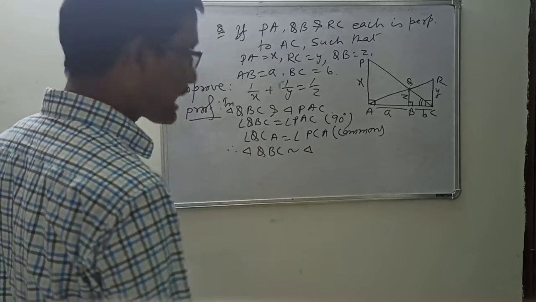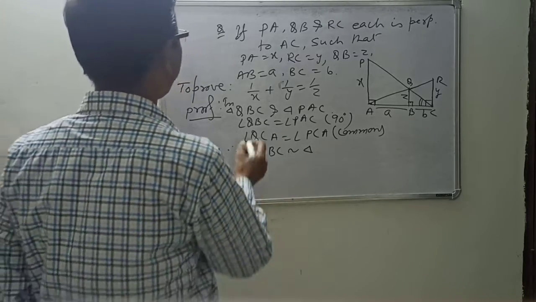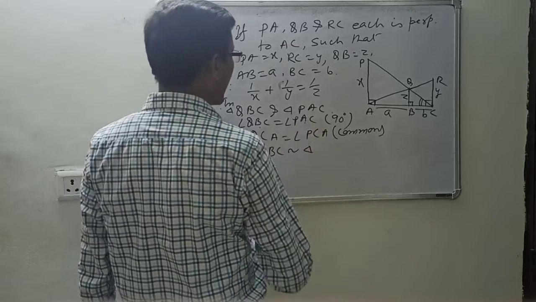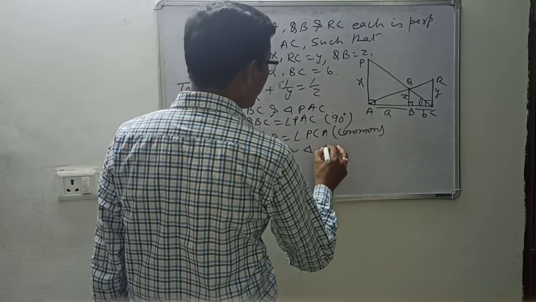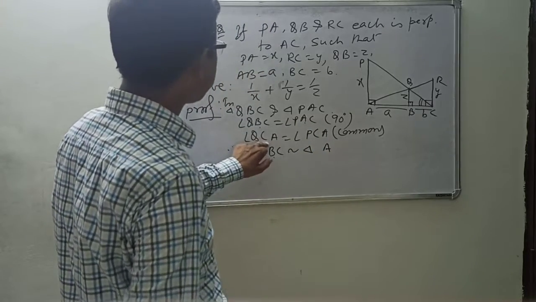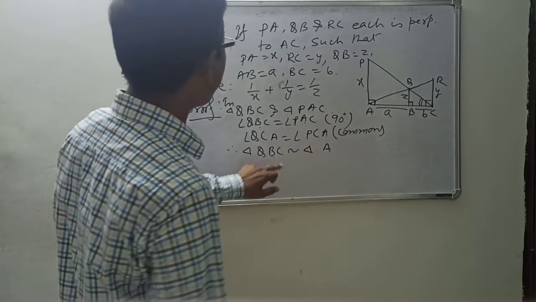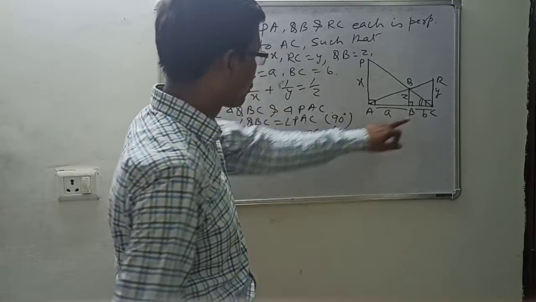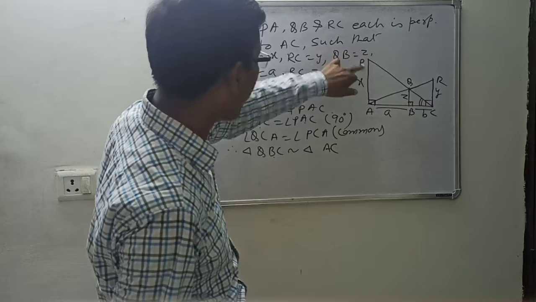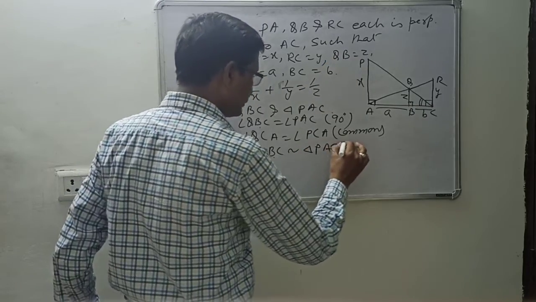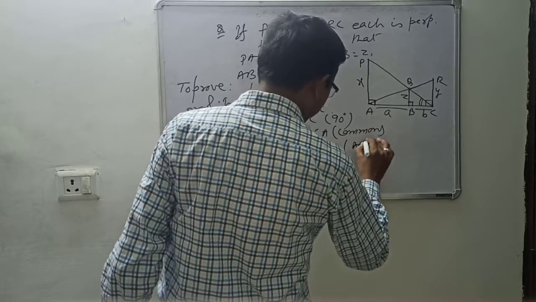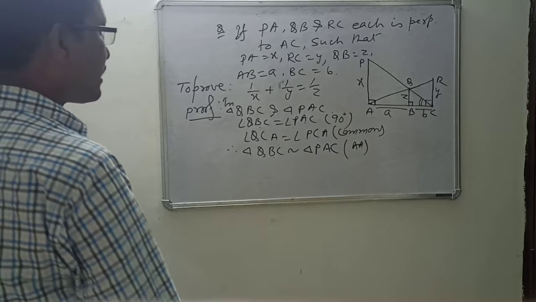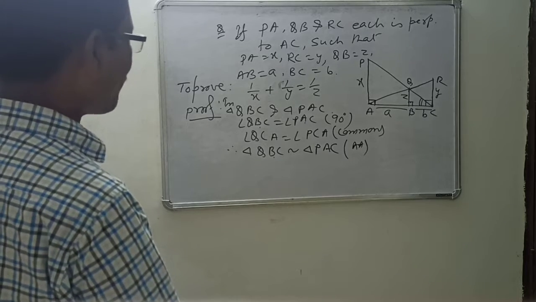Naming is very important, again and again I am saying. Angle B is equal to angle A. So B is the middle point, there you will have A as the middle point. C is corresponding to C. So C last, here also C last. So C, A, you got, and you have P. That is the angle criterion.